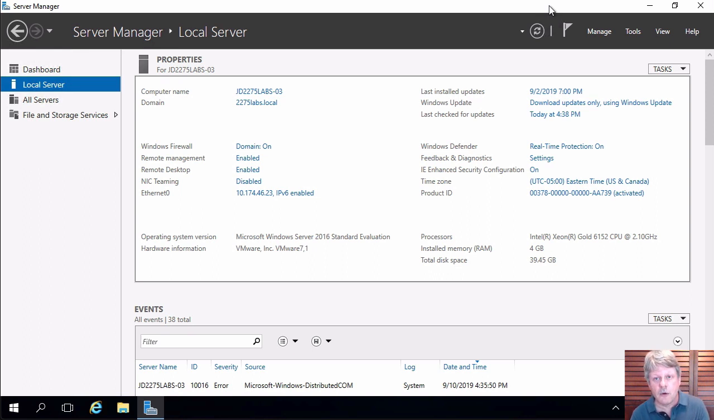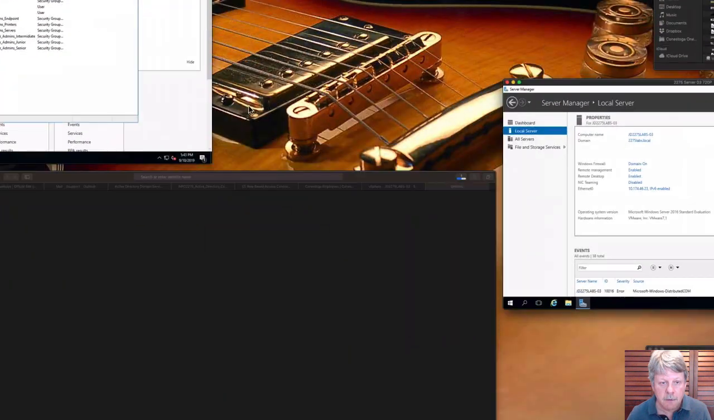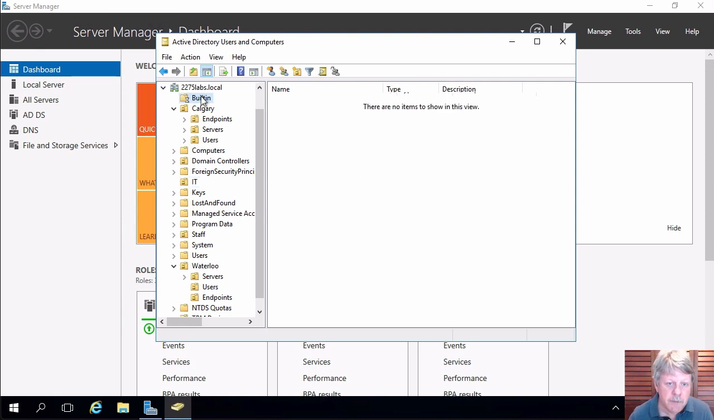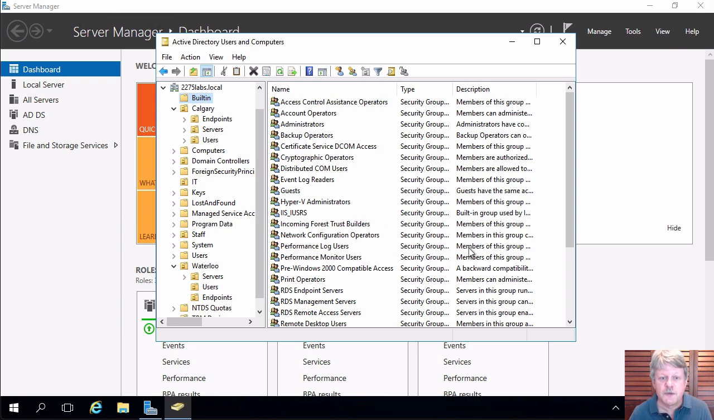Now, we need to go back over on the server one and do one more thing on the domain controller. Okay, I'm back on the domain controller. What I want is my server admins to be able to administer the server functions of the domain controller. Not the domain functions, just the server functions. If I look in this thing called built-in, there are a whole bunch of groups. There's more, but very similar to what we saw in the member server. And we have this thing which is going to be